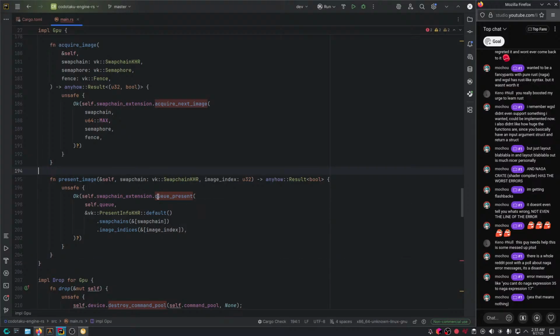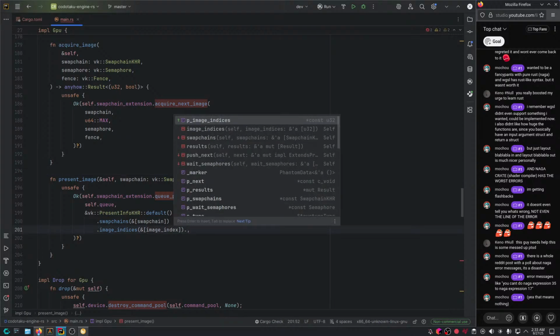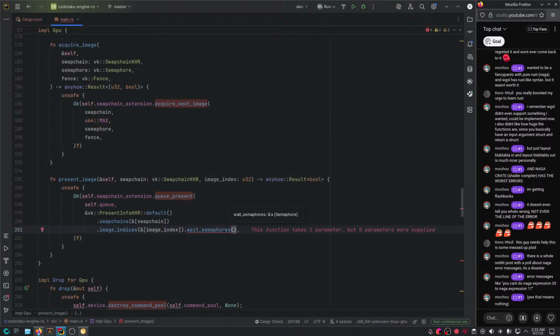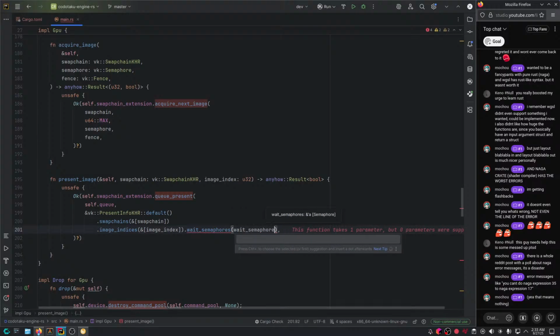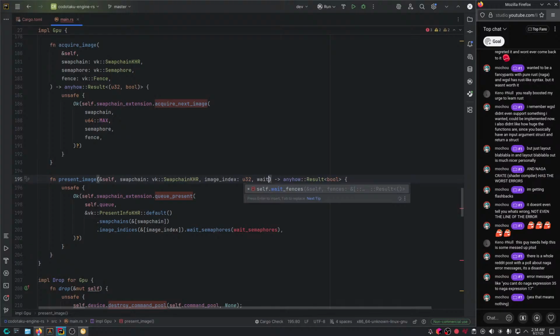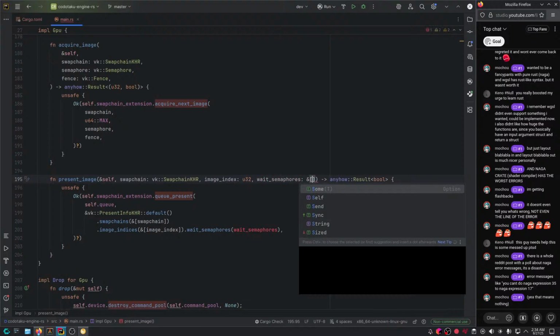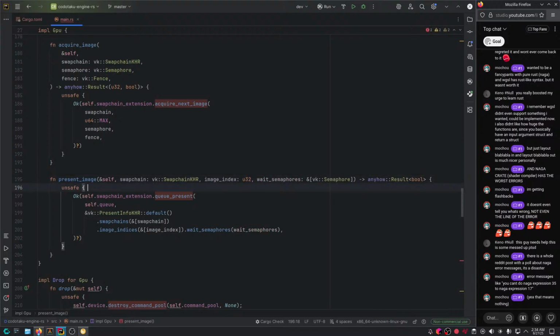Okay, cool. Now what? There's also some other stuff, of course, which is wait semaphores, which we do actually need. So, well, fine. Wait semaphores. It's basically a slice of vk semaphore.